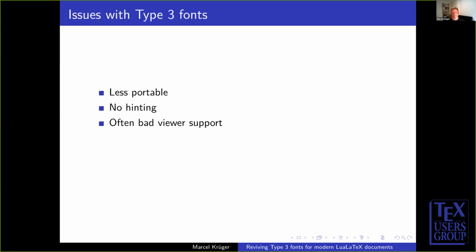can go horribly wrong. And then there is another issue, especially in PDF files, that actually wasn't present in PostScript, that the full support for using fonts which have more than 256 characters has never been adopted for type 3. So while we normally, especially in LuaLaTeX, have much, much bigger fonts than just 8-bit, we can't really do this in a single type 3 font, and we have to combine multiple type 3 fonts if we want to cover